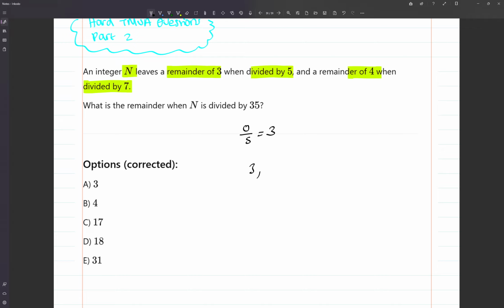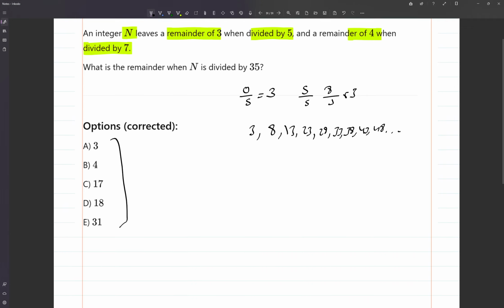Now, okay, I can go, okay, 5 divided by 5, which obviously works. But now I want to also add 3 to that to get a remainder of 3. So I get 8. I can do 8 divided by 5, I get a remainder of 3. And you'll soon realize that this also goes up in 5s. So if I keep on going up to a good number, which is like 48, because I'm looking at my options and I want a number which is above all these numbers, which is going to be 48. Now I look at this list and go, okay, which of these numbers give me a remainder of 4 when